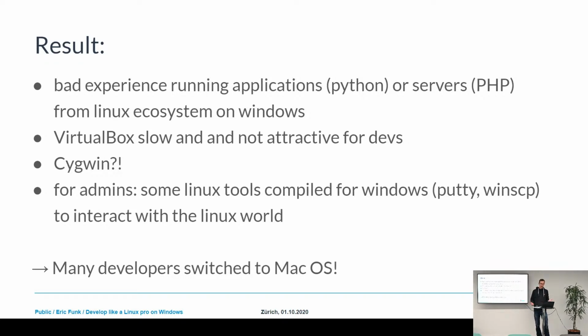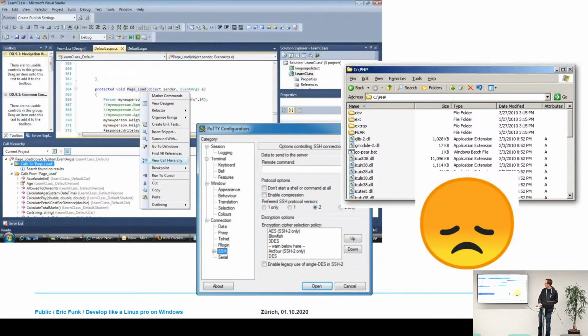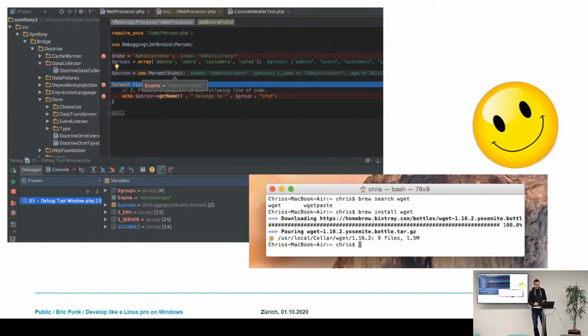As a result, many people switched to macOS, because that was how Windows development looked. And on macOS, you had PhpStorm, or you had Brew. You can install all the Linux packages you want to develop with. So all the good stuff from the Linux world on the Mac.